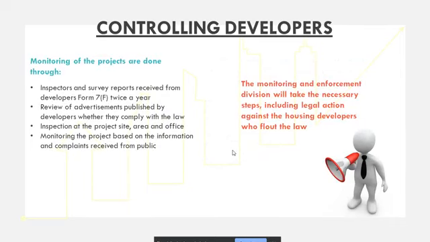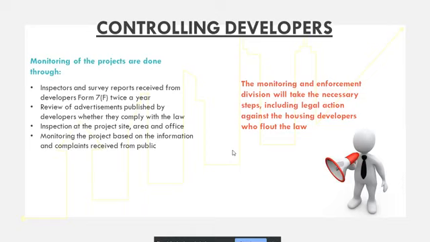So the project monitoring are done by Housing and Local Government Ministry Monitoring and Enforcement Division lah. Nama division tersebut adalah itulah, panjang itulah, Housing and Local Government Ministry Monitoring and Enforcement Division. So dia orang yang akan memantau. So developer need to report of inspector and survey twice a year. So 2 kali setahun ni kena report. To report to controller lah.